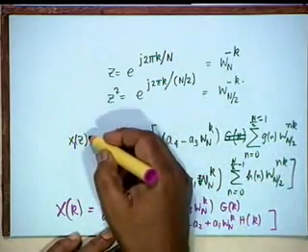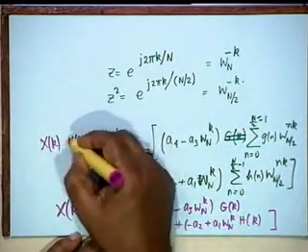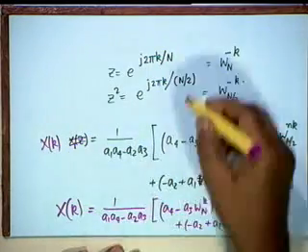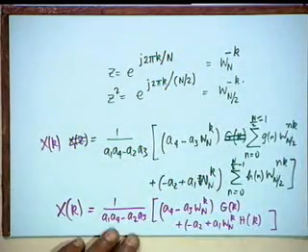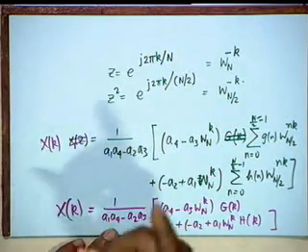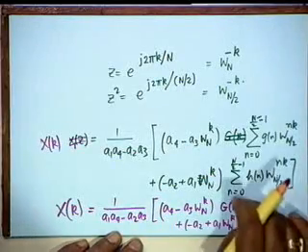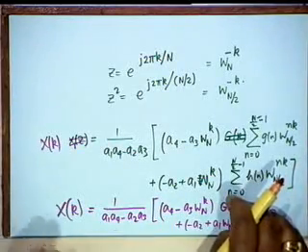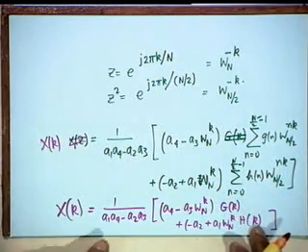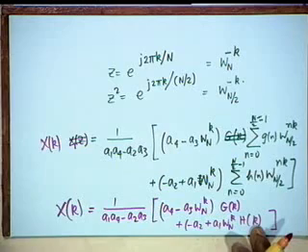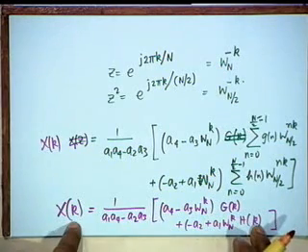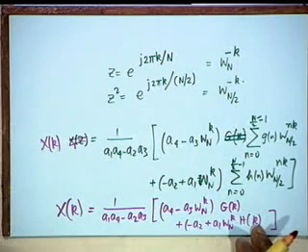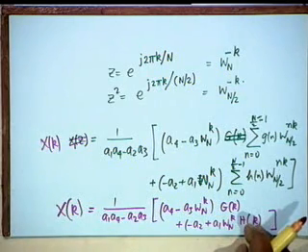I have also made a mistake. I should have written this as x of k, right, because z has been put equal to wn raised to the minus k. The z transform notation that I used, change that to some other symbol, call it x1, x prime, or whatever you want. Now the story, as I said, this is not the complete story. This is only half of the story. We can compute gk and hk only from 0 to capital N by 2 minus 1, whereas xk has to be computed from 0 to capital N minus 1. So how do we do that?